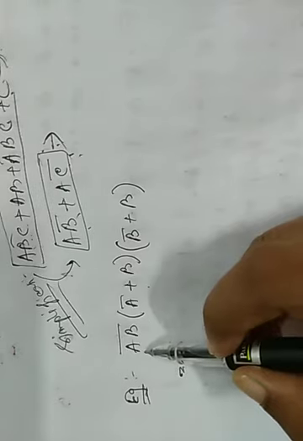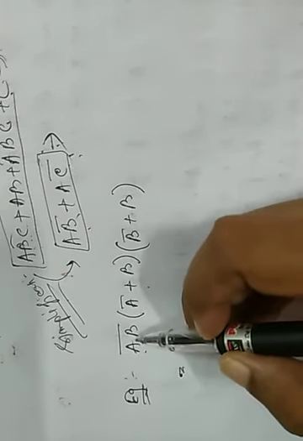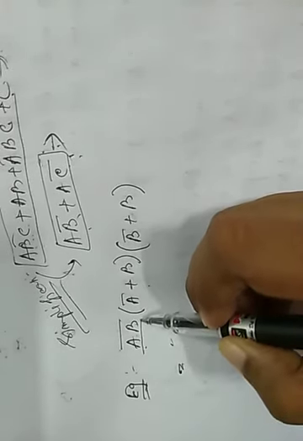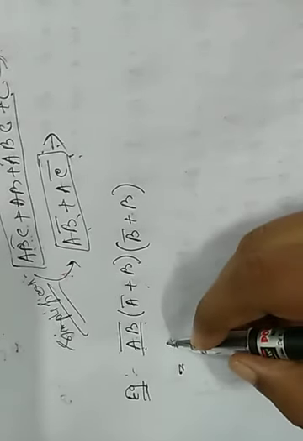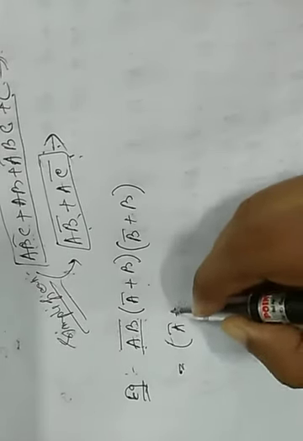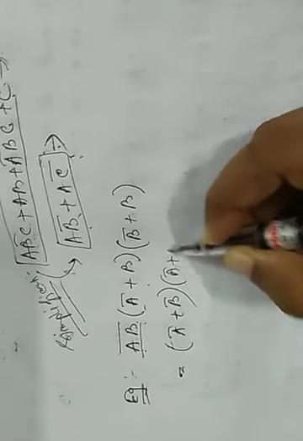First of all, it is not that any two of you have to use the same process to simplify. Anyone can use any law to simplify this expression, but you have to use a proper law. So what law can we use? First of all, this is a dot b whole bar. Using De Morgan's law we can break this expression. So at first I am breaking this expression this way. A dot b whole bar means a bar plus b bar, and I left the rest as it is.